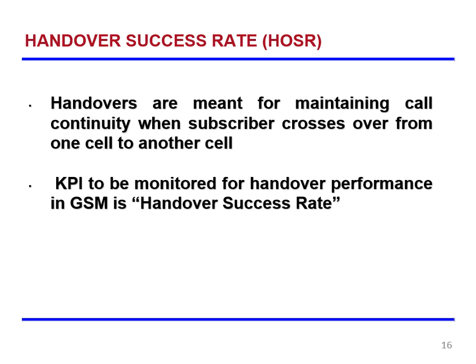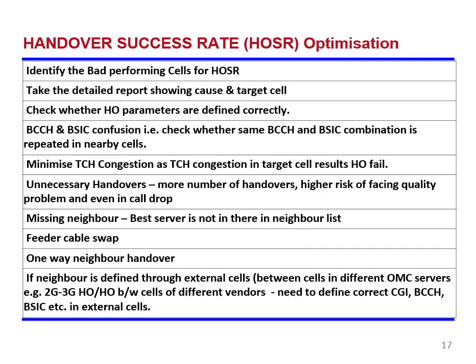And HOSR relates to the handover success rate. Handover success rate should be as high as possible. If this KPI is high, it indicates that the handovers are going well whenever a customer moves from one cell to another cell. So what are the different steps for handover success rate? Some points are almost the same as those covered for call drop rate. Only the handover parameters will be there.